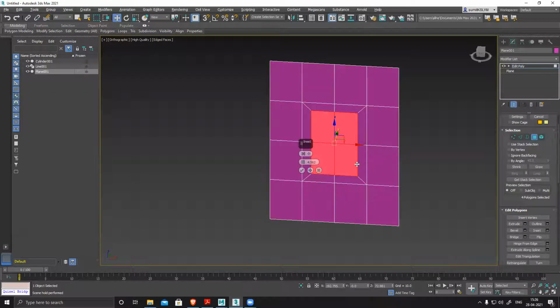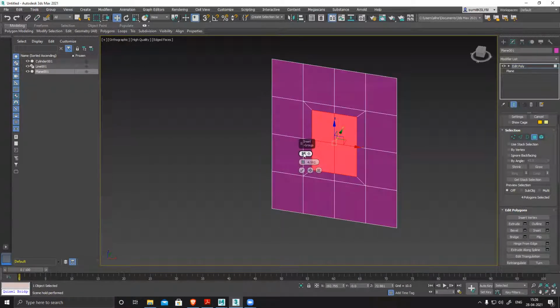If I click on this and change to polygon, each and every polygon will have a separate inset. Each face, yes. The polygon and face are the same thing, right? Each face will have its separate inset. So you can see one solid as a single group, it's reading this as one.